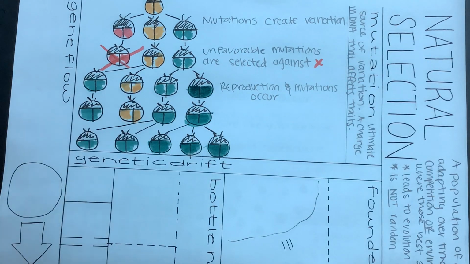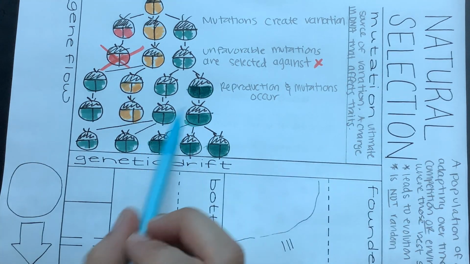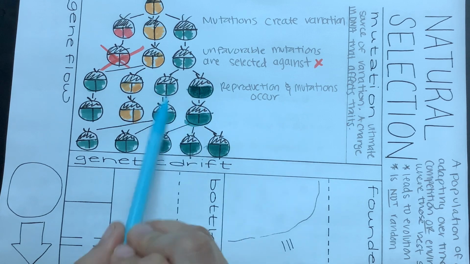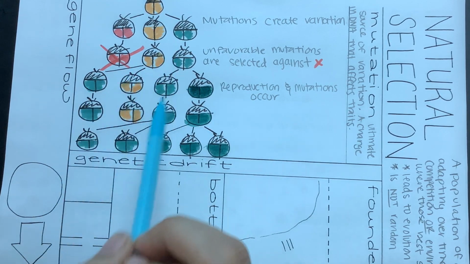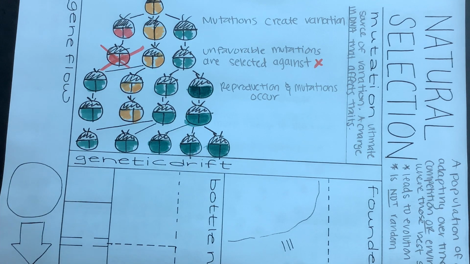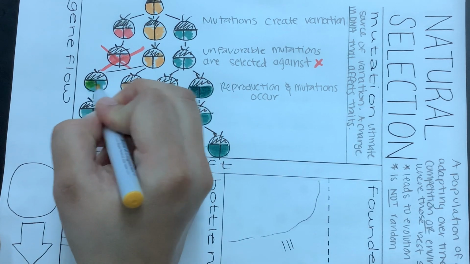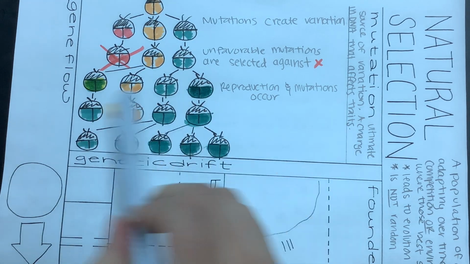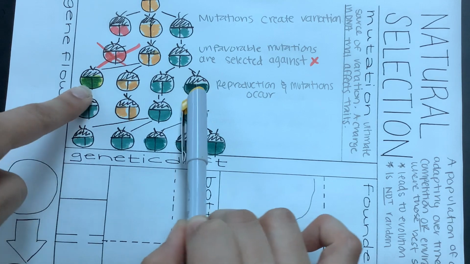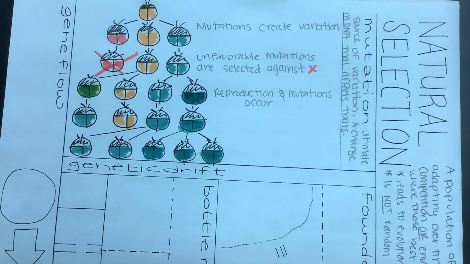Okay, so we have this generation where we have two variations of green, a yellow, and then more green. And then we continue to... oh, actually, you know what? I think this one was supposed to be yellow. Whoopsie daisy. Let's keep it yellow because we want to make sure that we also show that we have other mutations, not just variations happening.